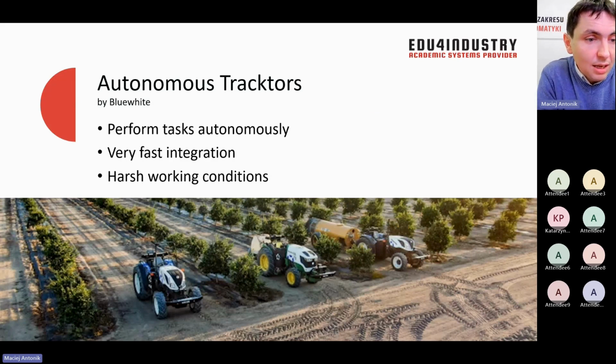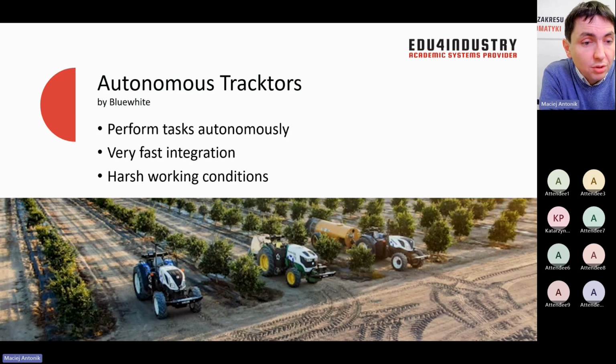And last but not least, smart agriculture. So this is another big trend in robotics in general, and lidars are also playing a very important role in helping autonomous robots and vehicles that are working in the agriculture, well, to be autonomous, as I said. So this company, Blue White, it specializes in designing and delivering different types of autonomous tractors that can be equipped with different types of tools that can be used for watering, for seeding, for planting, and for other applications in the agriculture in very different